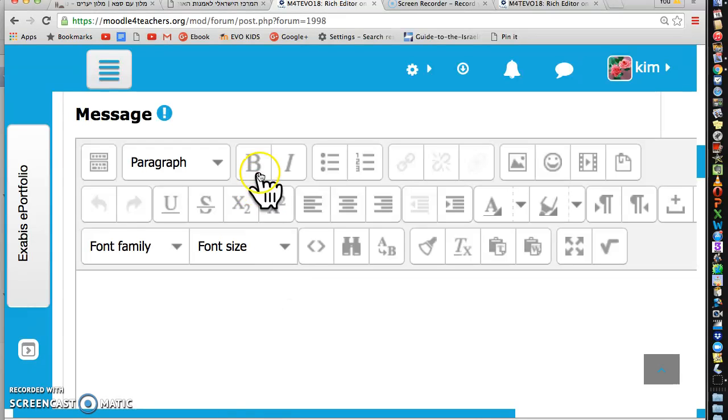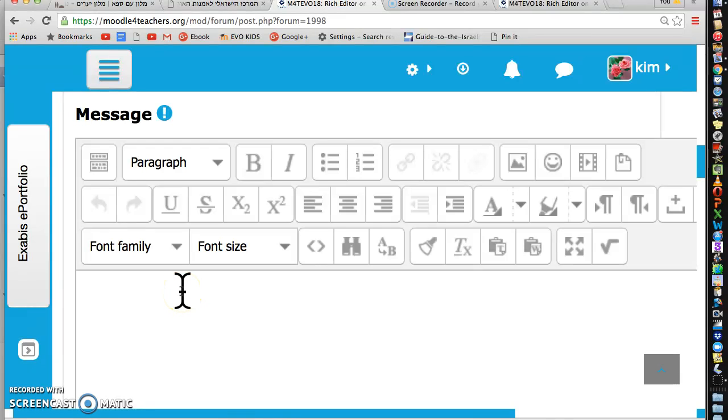So for example, you have bold, italic, bullet, numbers, underline, where to set the indentation, to start it on the left, in the middle, on the right, and here you have the color of the font, and here you have font family and font size. Some of those should be pretty familiar from Word,